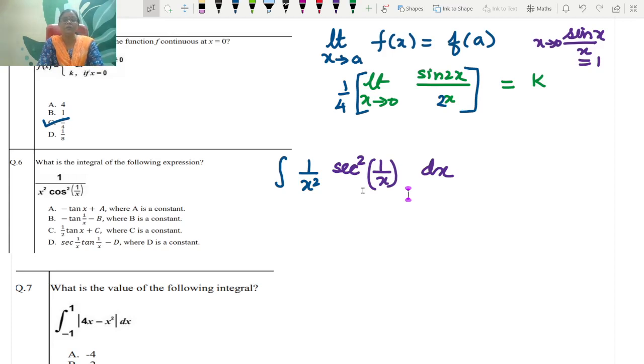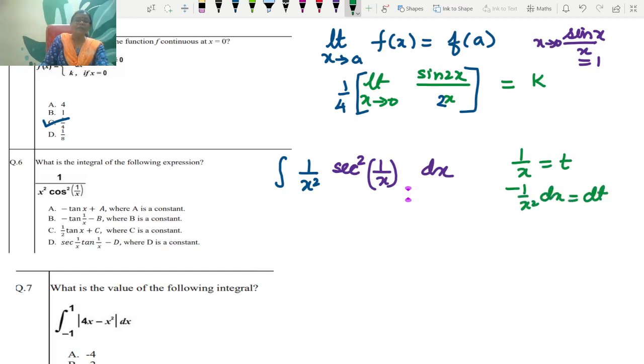आपको उस एक्सप्रेशन को you will have to take up a suitable substitution to convert it into a standard form। Standard form means basically आपको यहाँ sec square फंक्शन दिख रहा है, sec square के साथ अटैच्ड 1 अपॉन x है, sec square ऑफ 1 अपॉन x है। अगर आप 1 अपॉन x के साथ x की जगह इट हैड बीन x, तो हम इसको इंटीग्रेट कर सकते थे ना। तो दैट मीन्स 1 अपॉन x का रिप्लेसमेंट, दैट इज वी हैव टू रिप्लेस 1 अपॉन x। तो अगर हमने 1 अपॉन x को सब्सटीट्यूट किया, देन व्हाट डू वी गेट फर्दर, इट इज -1 upon x square dx इज इक्वल टू dt।